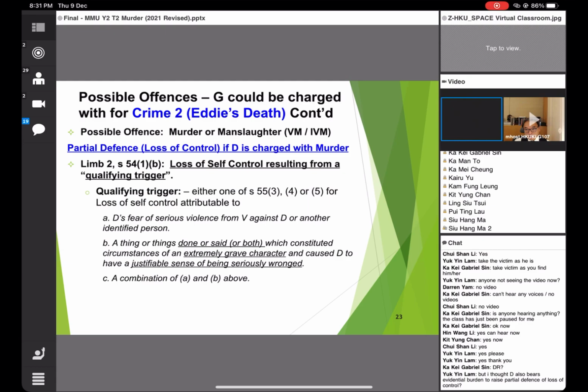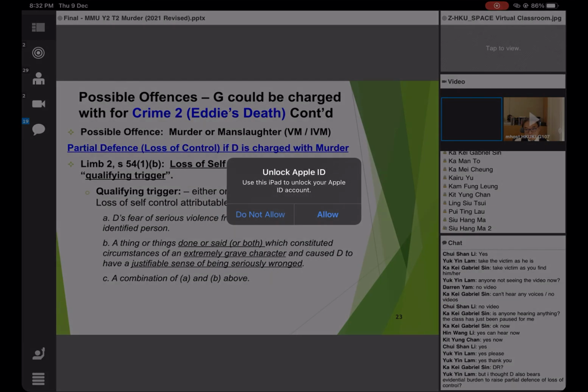And if we move to limb 2, it is about section 54.1b, loss of self-control resulting from a qualifying trigger. So what is a qualifying trigger? A qualifying trigger is defined as either one of section 55.3, 4, or 5 for loss of self-control attributable to A, the defendant's fear of serious violence from B against D or another identified person, or B, a thing or things done or said or both which constituted circumstances of an extremely grave character and caused D to have a justifiable